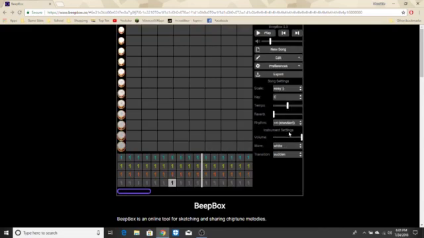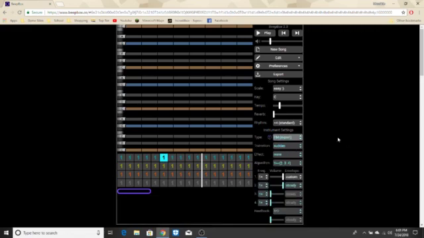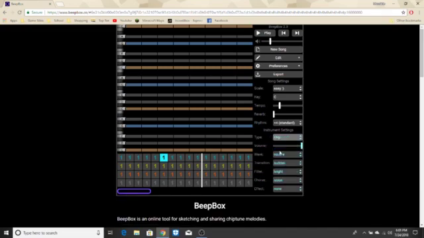You can also go to easy. Where is it? Preferences, I think. I'm not really sure. Oh wait, here it is. You can go to chip, which is the easy mode, and expert, which means more settings. I don't know what those settings mean, so if you have any more questions about Beepbox, leave them in the comments,